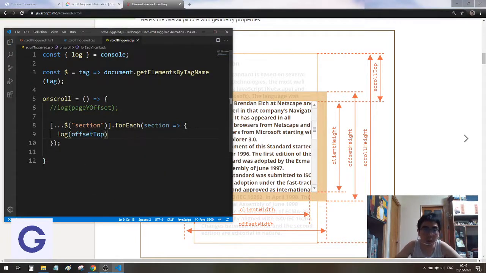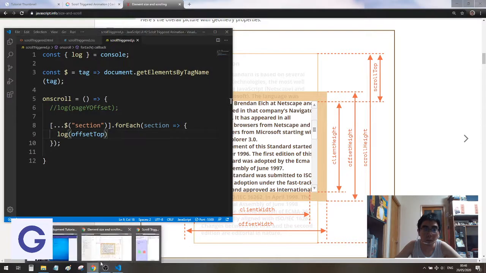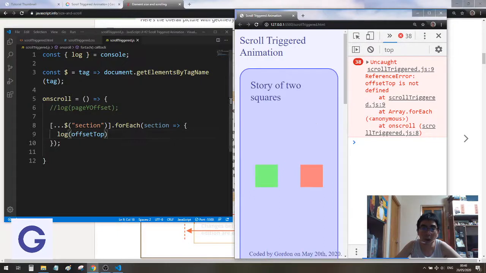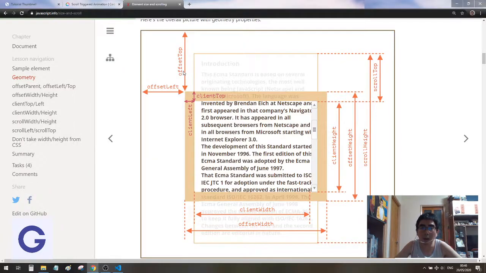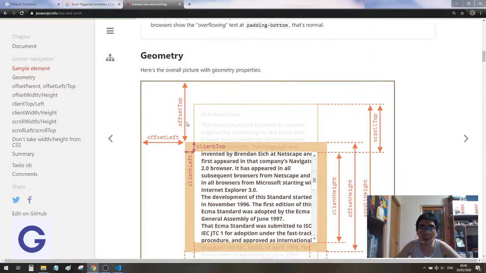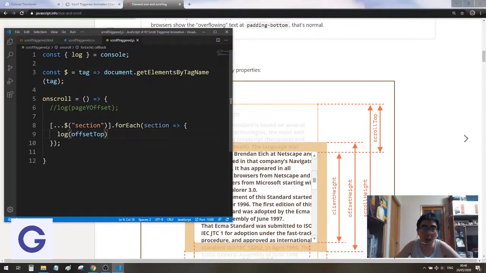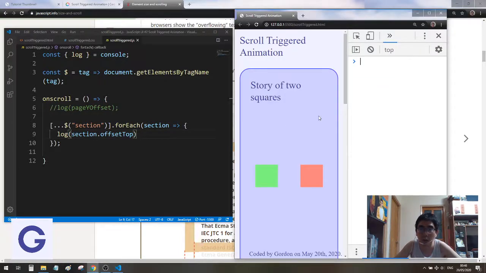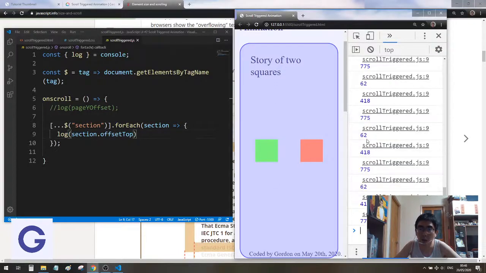And catch that one, because now you see offsetTop is not defined. This error message is because offsetTop is an element property, so you need to define which element. Here the element is this session inside this list. So I use session.offsetTop. Okay. So now if we save it and we scroll, we see that the number is updating with 62